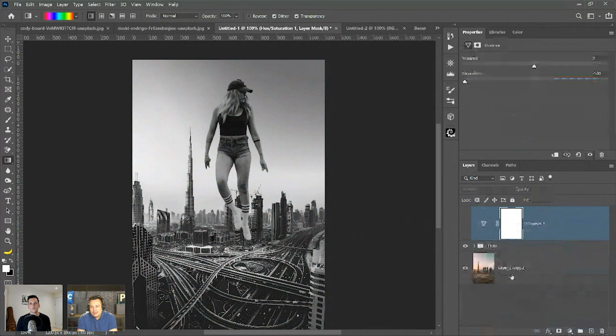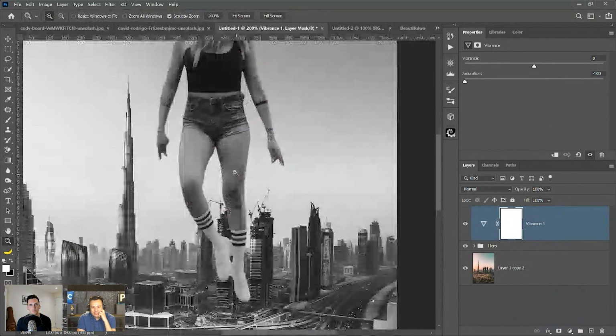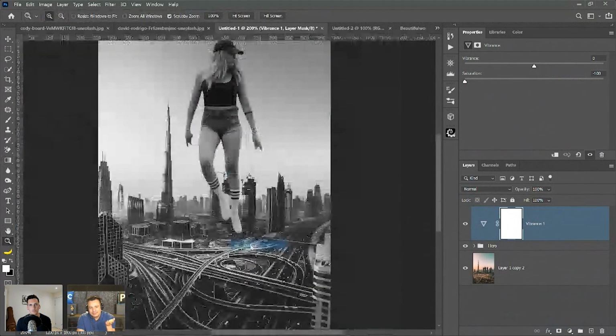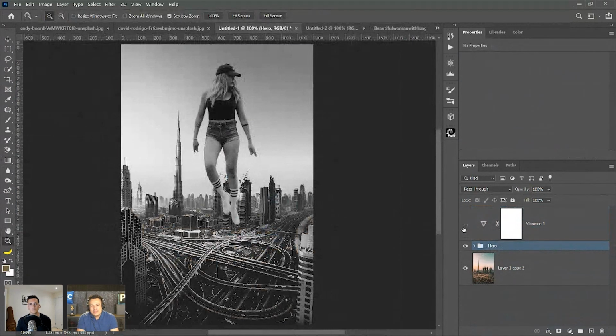But I was just trying to think about those little nuances, those little details that don't always come out right. And so far, I think this will be a better method. But again, if you want to use the old methods, totally cool. At the end of the day, what matters is the final result, not how you got there. But this could be a tool that can help you get a better result. Anyway, so now that we have a black and white adjustment layer, what I like to do is